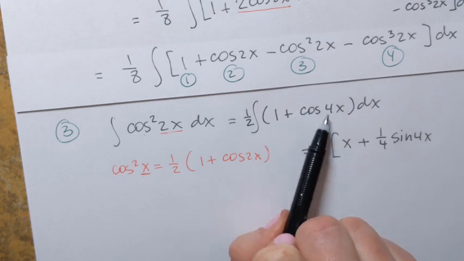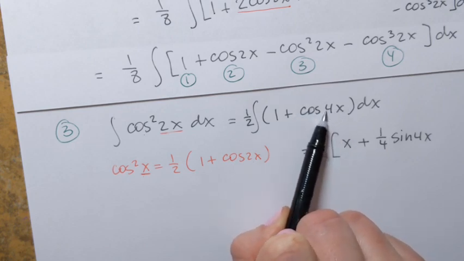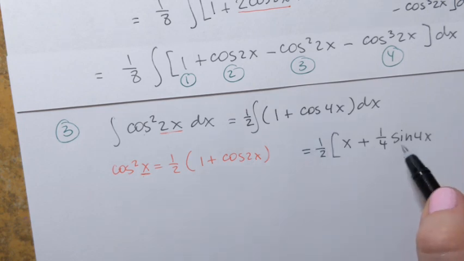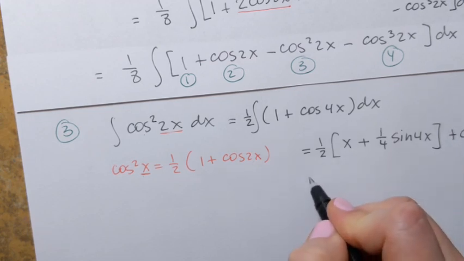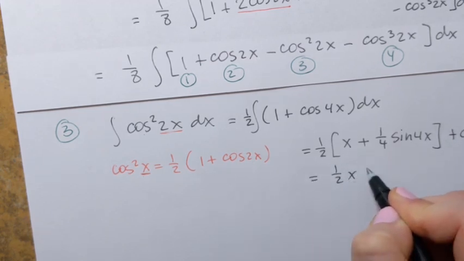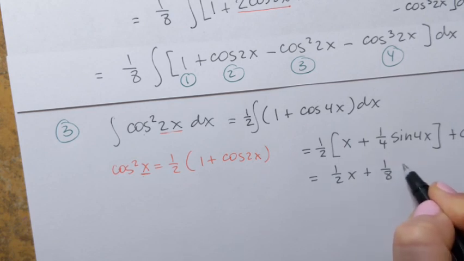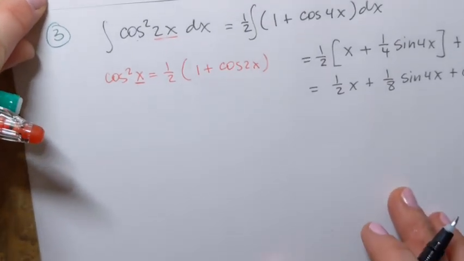Just do basic u substitution. In other words, 4x equals u, and then integrate from there. 1/4 sine of 4x plus c. So that's 1/2 x plus 1/8 sine of 4x plus c. Now that was part 3. Part 4